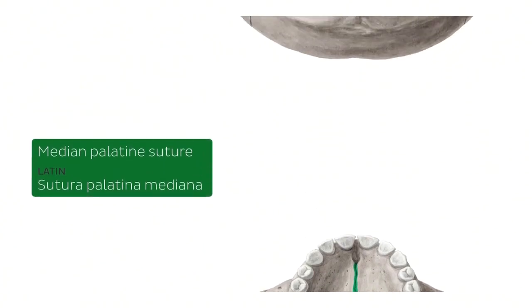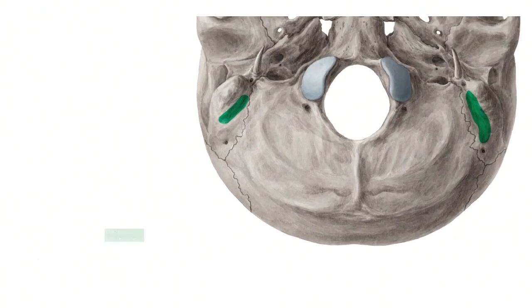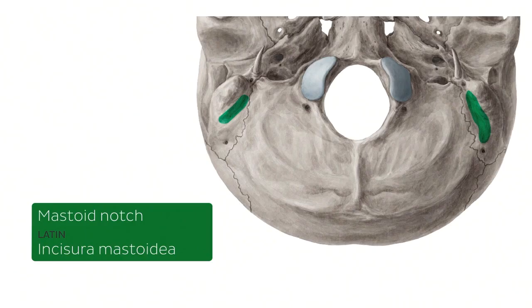Next structures in line are these two here, known as the mastoid notches. You can see here that they're found medially to the mastoid processes that we also talked about. They're also found on the temporal bone. So this is a depression that we find medially to the mastoid processes. It is also sometimes referred to as the digastric fossa, as this is where the anterior belly of the digastric